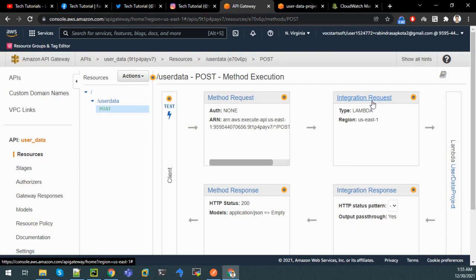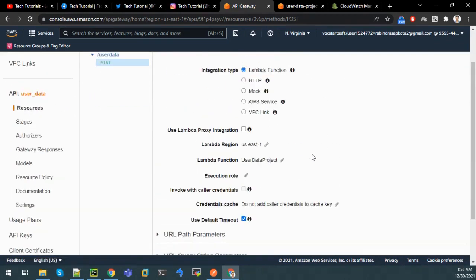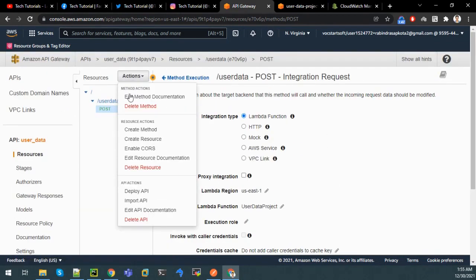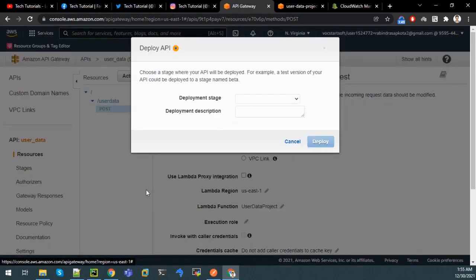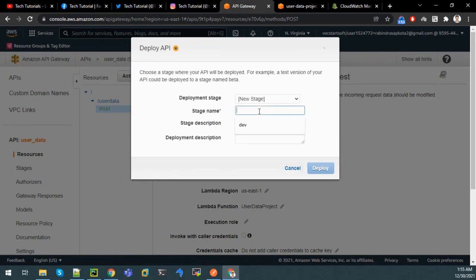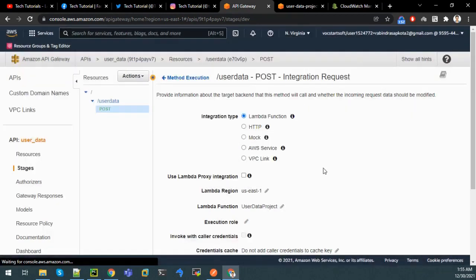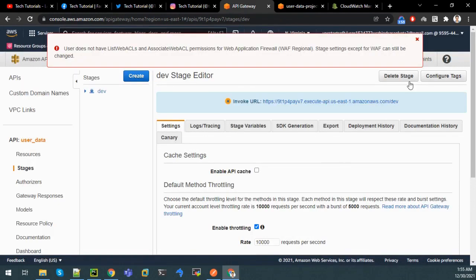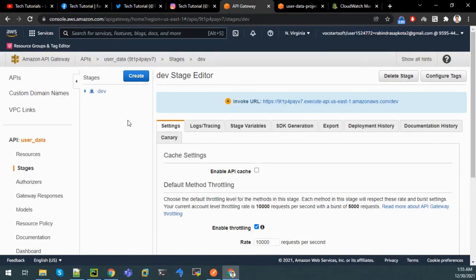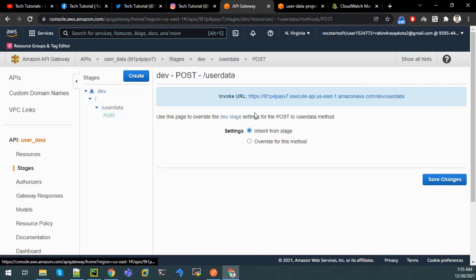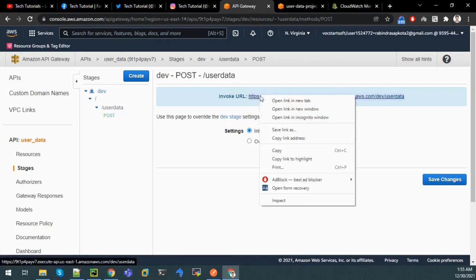You can see that. Now let us deploy this API. Deploy API. New stage, this is dev stage. So click on dev and deploy it. We can see that our API has been deployed, and under dev we can find the URL for the post method. This is URL for the post method. So let us copy this